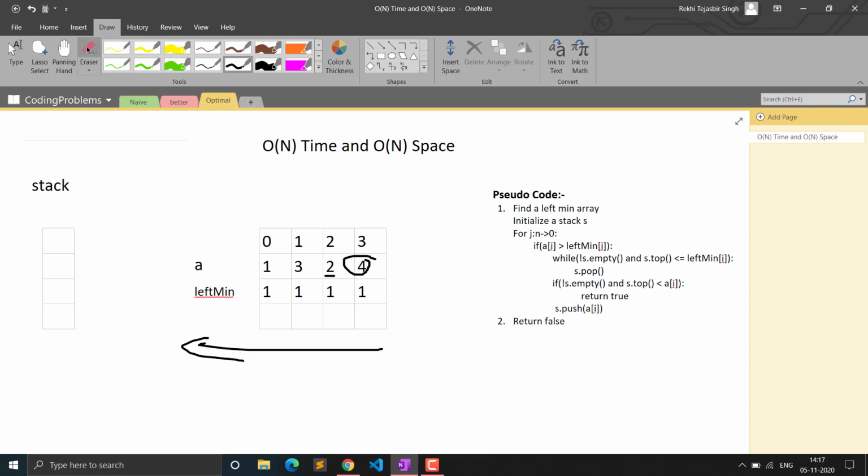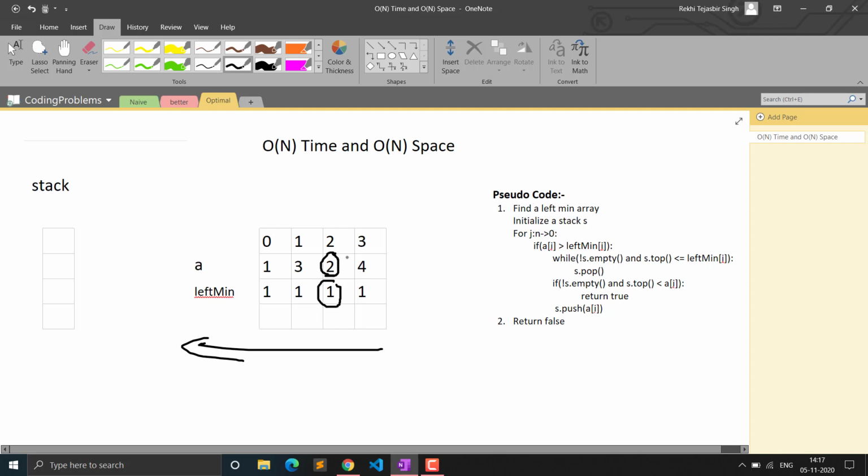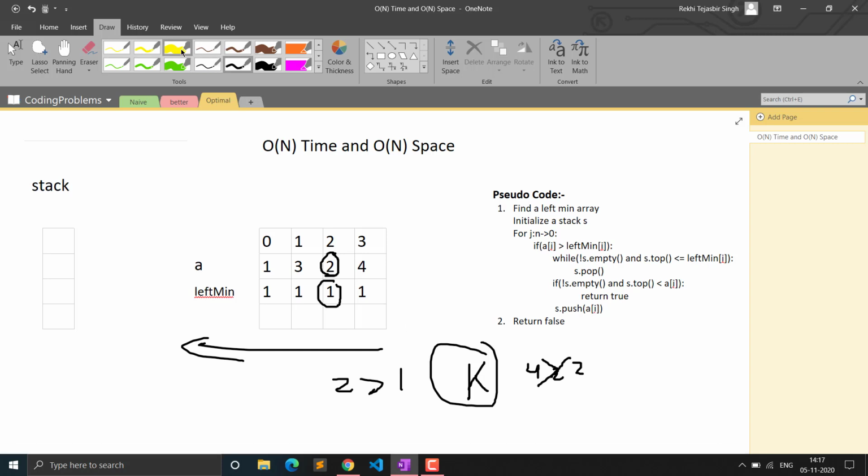You can see here we will not take this value. This will be considered as k, because after j there should be an element to take as k. So if j starts from here, this is j. If we are assuming this is our j element and this is our ith element, this satisfies the condition j is greater than i. And now we have to find a particular element k which satisfies the total condition, that is it should be less than j, but it should be greater than the ith element. But here k is 4, and this 4 is greater than the jth element, which is 2. So that means this cannot be our pair that we are searching for.